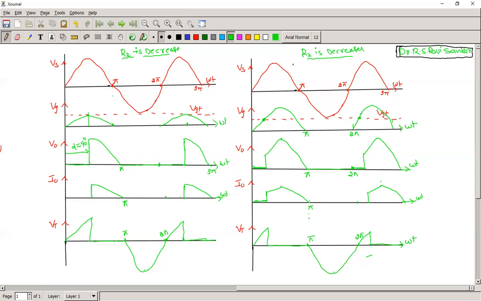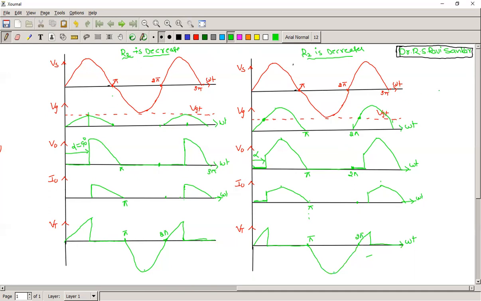These are the waveforms. In the first case, the SCR is not on. This is alpha equal to 90 degrees. In the second case, definitely this firing angle is less than 90 degrees. No doubt in that. In the waveform, you can see it very clearly. This is alpha less than 90 degrees. So this is the disadvantage of the resistance triggering circuit. The maximum firing angle for this circuit is 90 degrees.